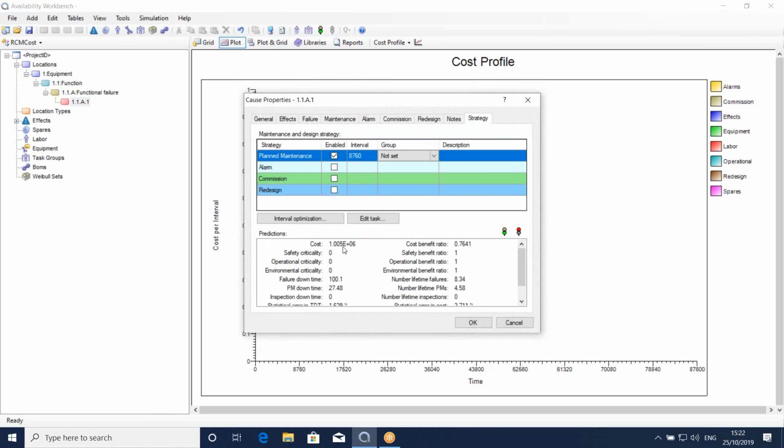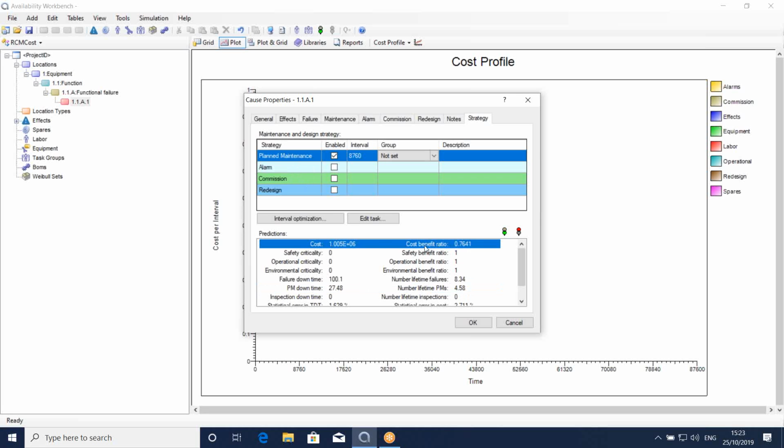And you can see the program generates a few different metrics, things like cost, downtime, downtime by failure or PM, number of maintenance tasks. The thing I'm most interested in here, though, is the cost-benefit ratio. This is the ratio between the cost of this cause with the current maintenance strategy in place, which is this value, against the cost of simply running to failure. Naturally, I want that value to be less than 1 because it implies that the cost of doing the maintenance is less than the cost of not doing it. So my maintenance is worthwhile because you can see the CBR, cost-benefit ratio, is less than 1,